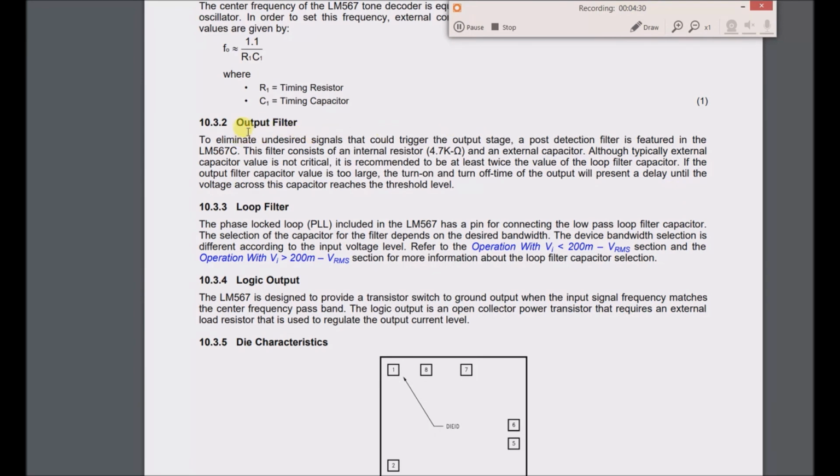Output filter. To eliminate undesired signals that could trigger the output stage, a post-detection filter is featured in the LM567C. This filter consists of an internal resistor, 4.7 kilo-ohm, and an external capacitor. Although typically the external capacitor value is not critical, it is recommended to be at least twice the value of the loop filter capacitor. If the output filter capacitor is too